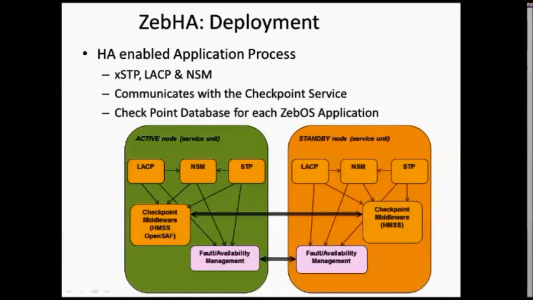ZebHA deployment scenario. This is whatever we have seen in the previous slides, a kind of summarization of all those slides. In this case, we'll have LACP, NSM, STP, all of them interacting with fault management AMF, that is the availability management framework, which in case of 2N will talk to the standby AMF. Also, all these modules would interact with checkpoint services, which, if 2N is there, would get replicated onto the